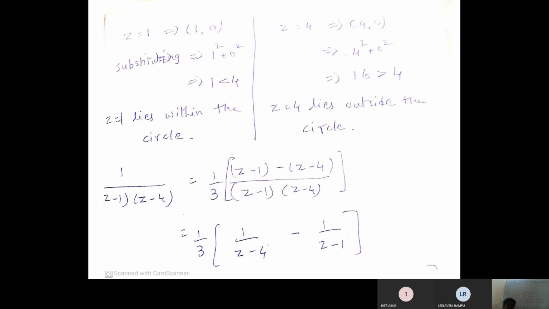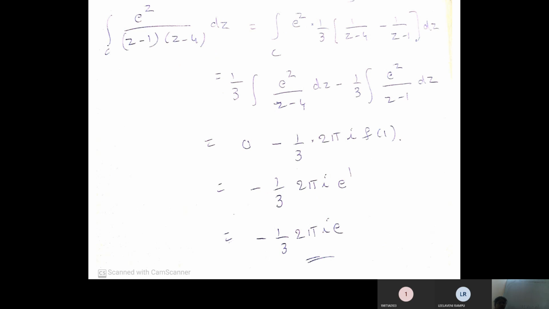Now, the singular point z equal to 1 lies within the circle and z equal to 4 lies outside the circle. Now, let us go to the given integral. So, what is the given integral? Integral over C, e power z by